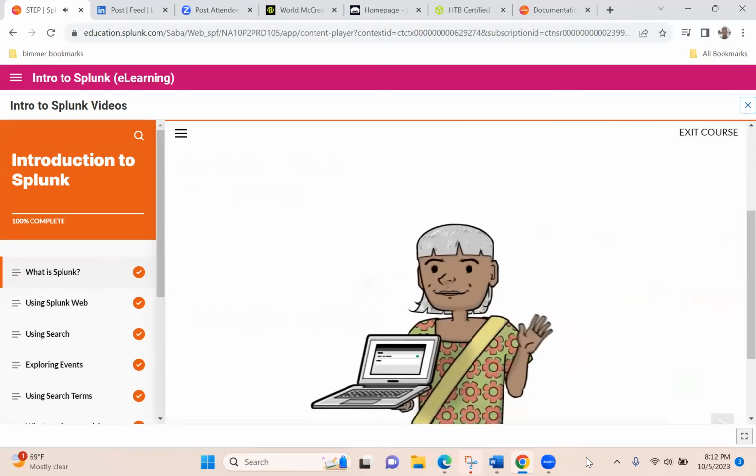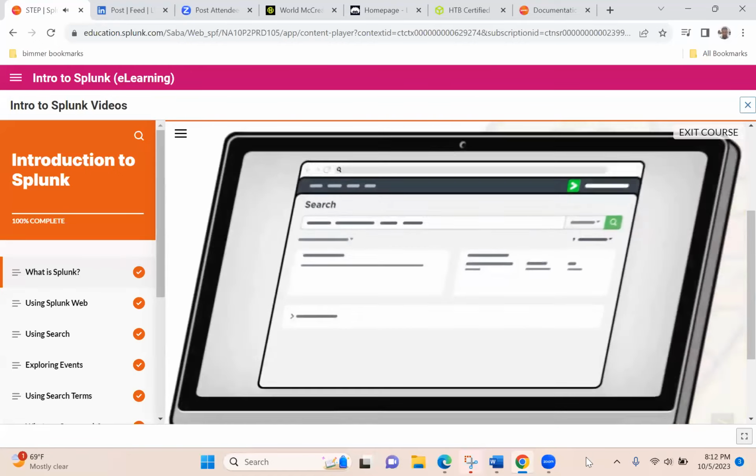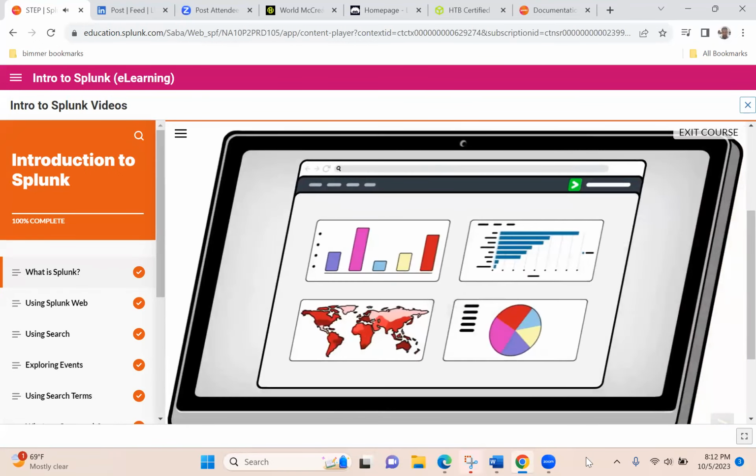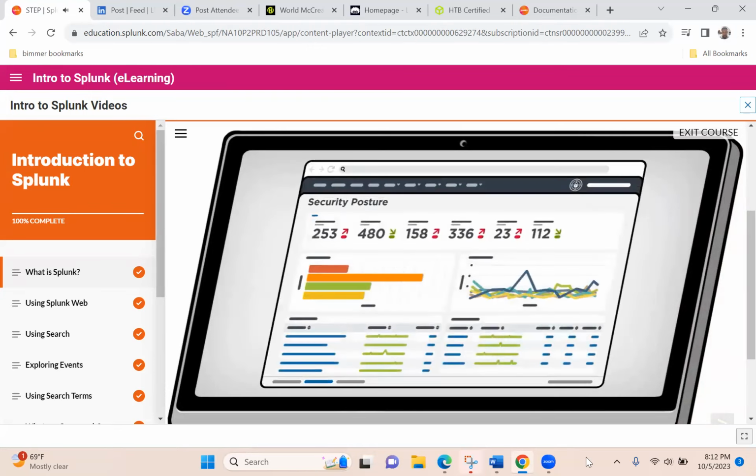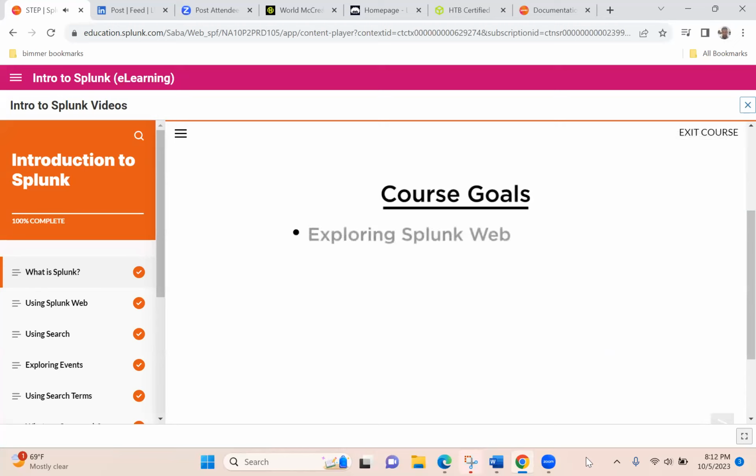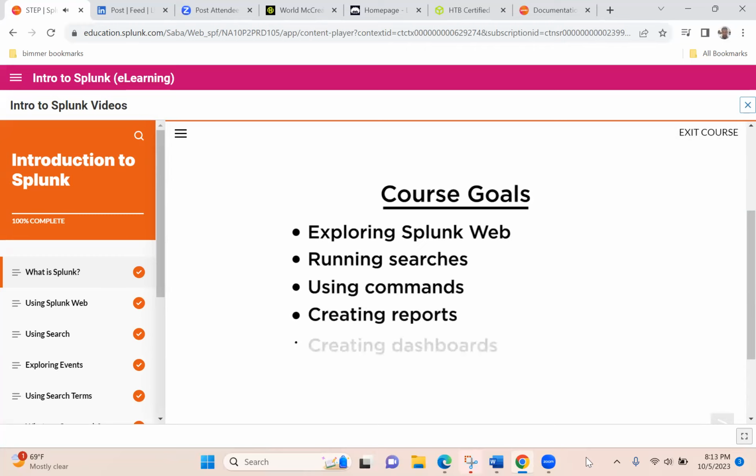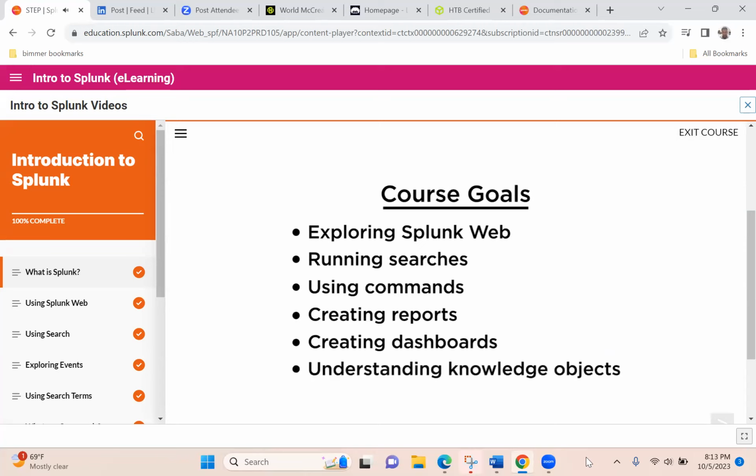We're so glad you're here with us, beginning your journey of learning about Splunk. Whether your goal is to become a Splunk Enterprise admin, run searches, and build dashboards in a Splunk Cloud environment, or dive deeper into your data using one of our premium solutions like Enterprise Security or Splunk SOAR. In this course, we'll cover what Splunk is and get hands-on with the interface, running searches, and using commands to create reports and dashboards. We'll learn about how knowledge objects can help enrich your data and how to integrate them